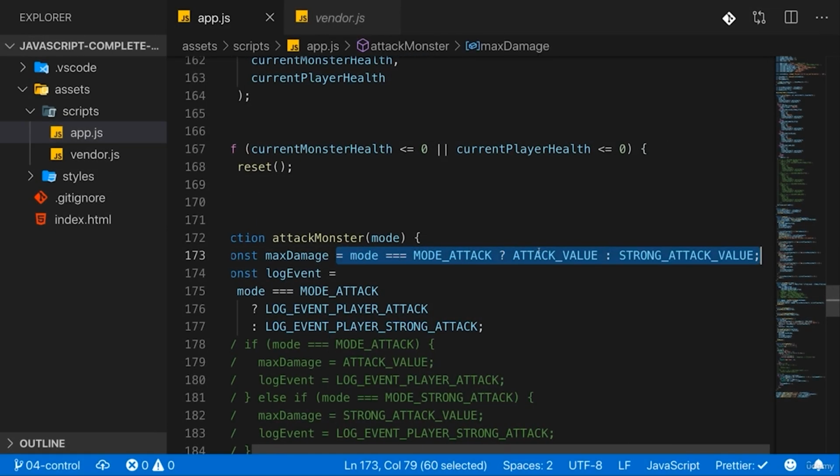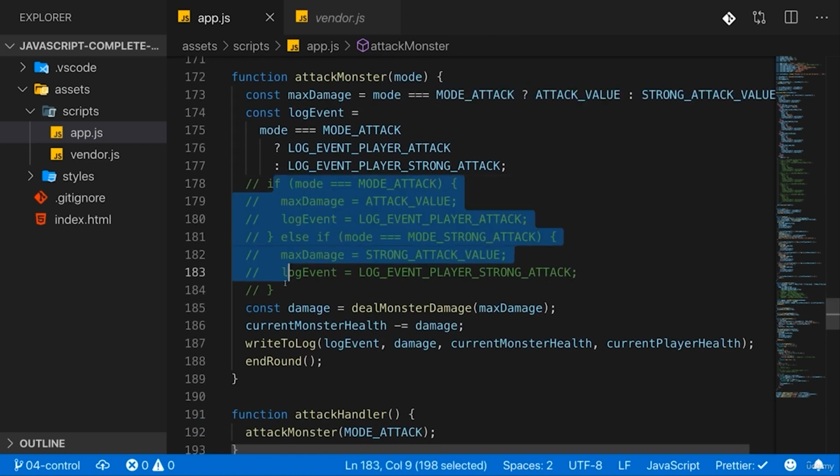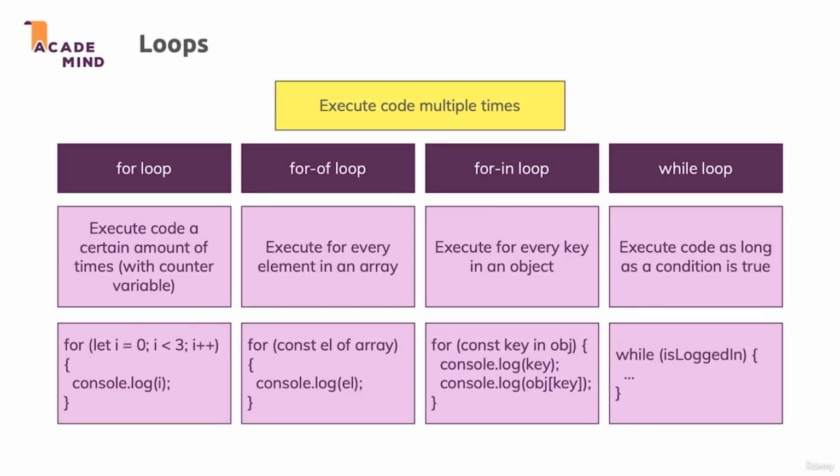You learned about the ternary expression, which allows you to write inline if statements, so to say, which you can't do with normal if statements. But if you just need a value and you have a relatively short condition and a relatively short code to get that value, then this can be an alternative to writing a more verbose if statement where you assign values to variables. And you also learned a lot about loops,